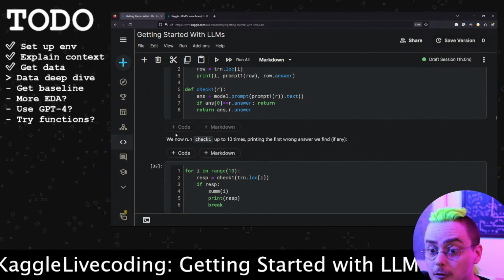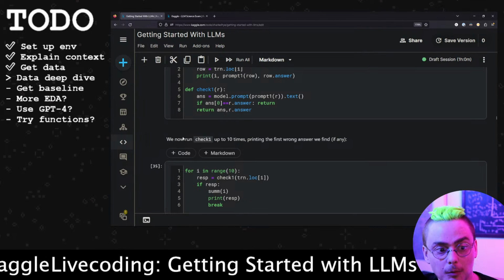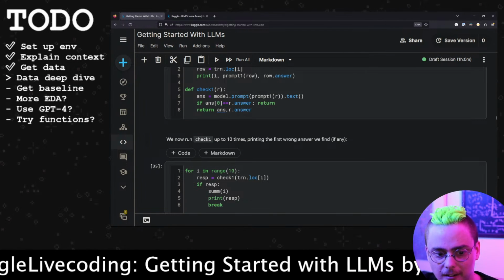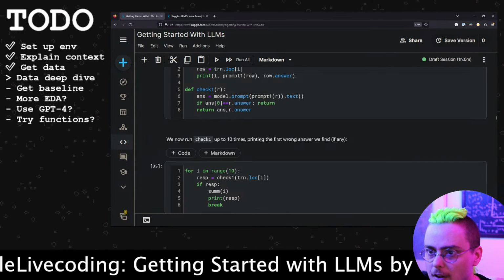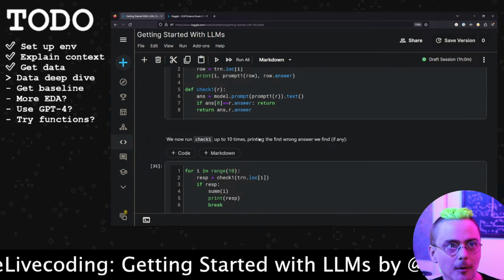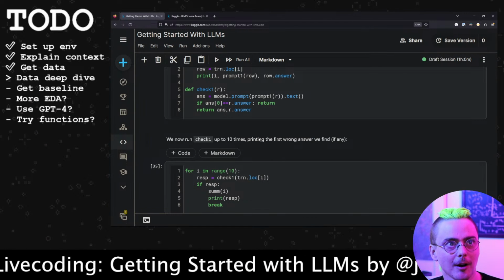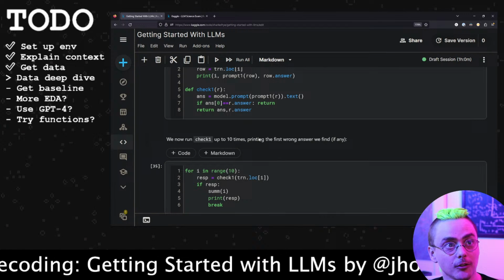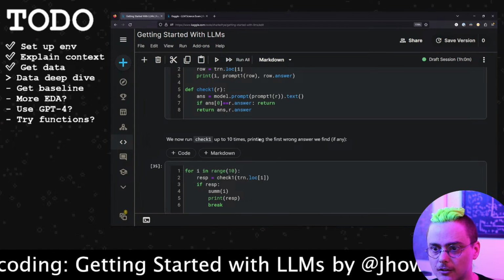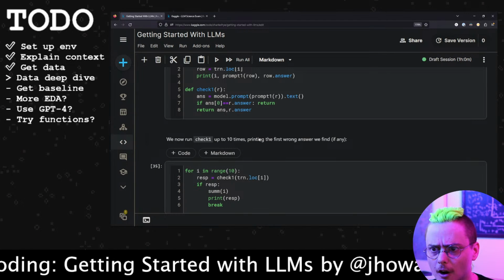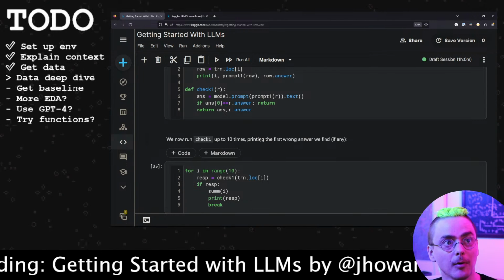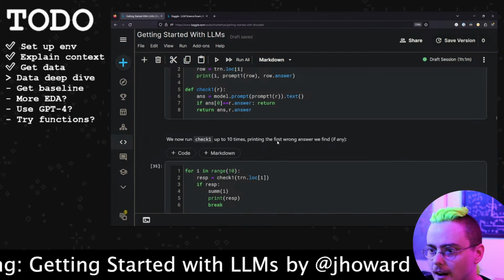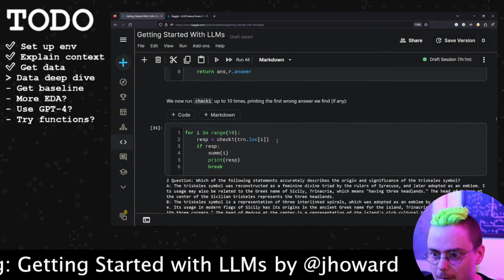At this point, we're still just doing exploratory data analysis. We're using a model to make our exploratory data analysis more effective. You might be wondering, why aren't we talking about prompt engineering? Why aren't we talking about the best way to prompt this model to get the highest possible performance? That's actually kind of antithetical to our goal here. Our goal is to actually find places where the model gets things wrong. So we want a decent number of mistakes, because we expect there to be information in those mistakes.